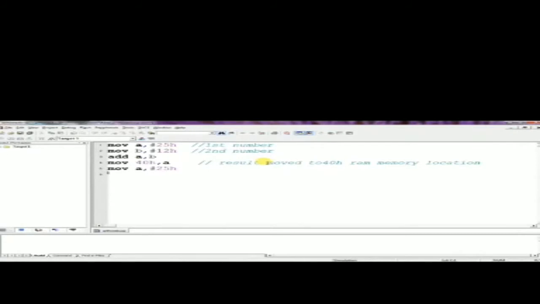Then SUBB A, B. So the subtraction is done here, because 12h is already in the B register. The result will be stored in the next memory location, which is 41h. So the accumulator moves the subtraction result into the 41h memory location.